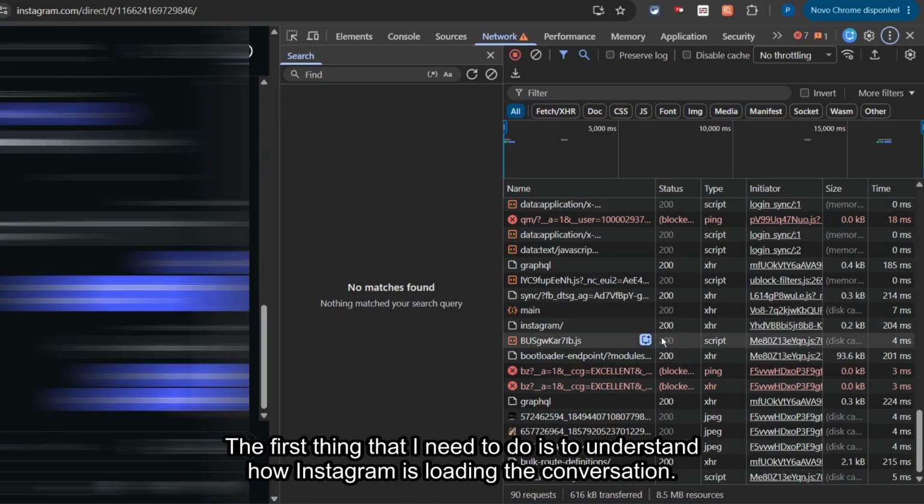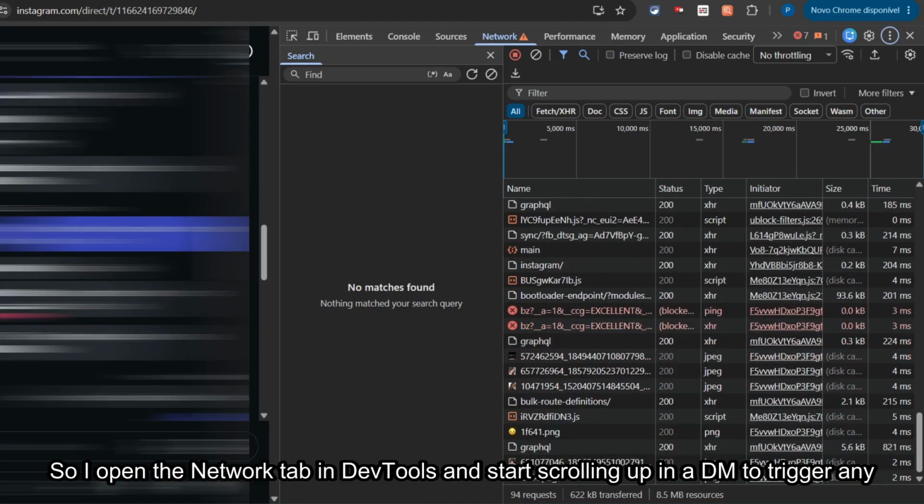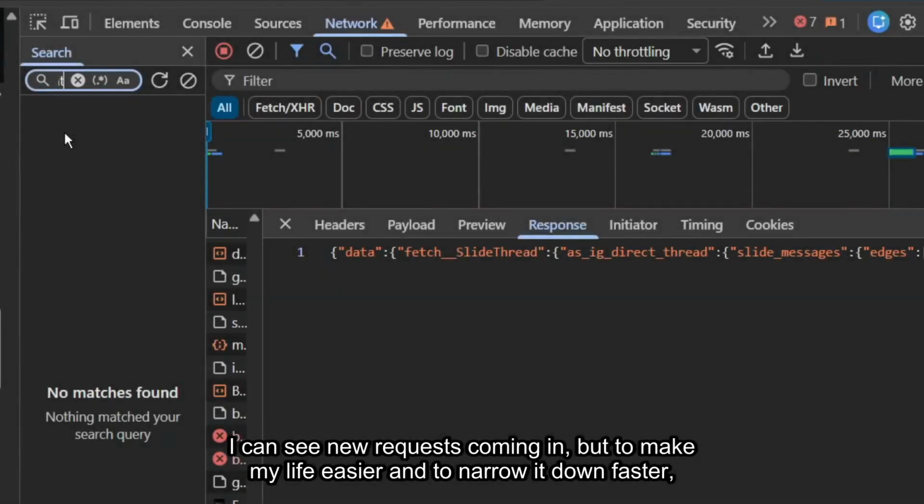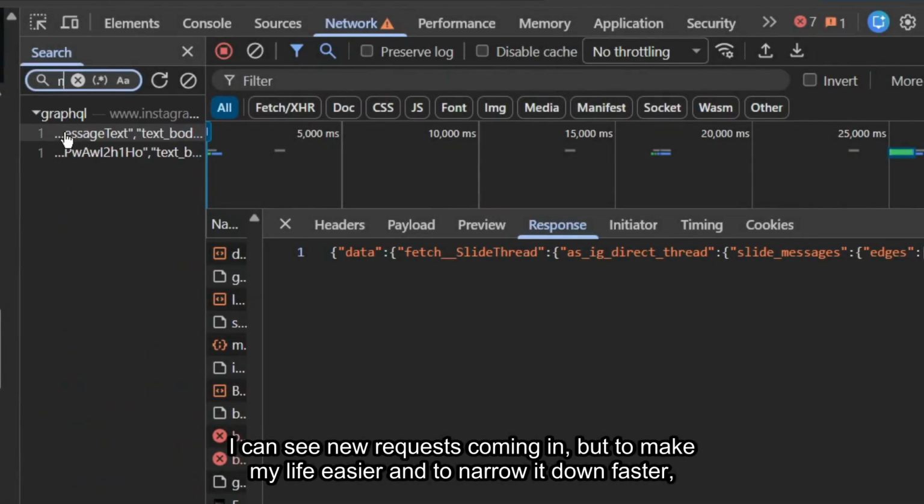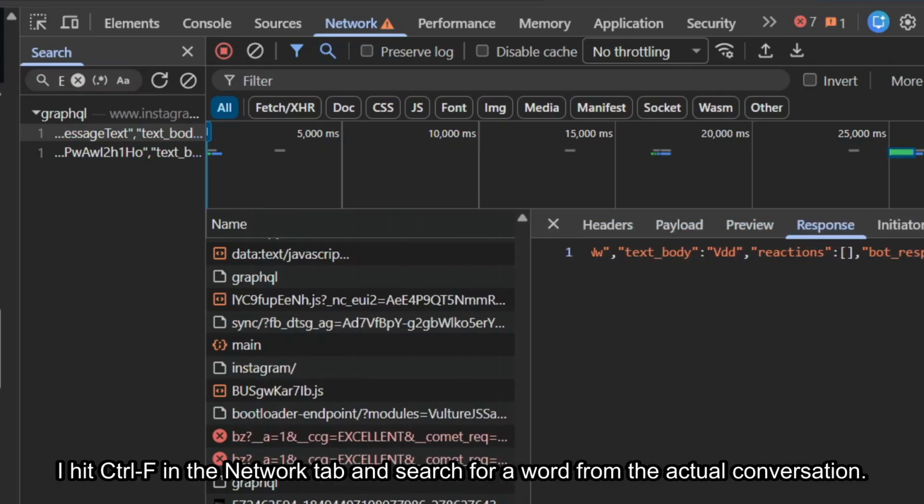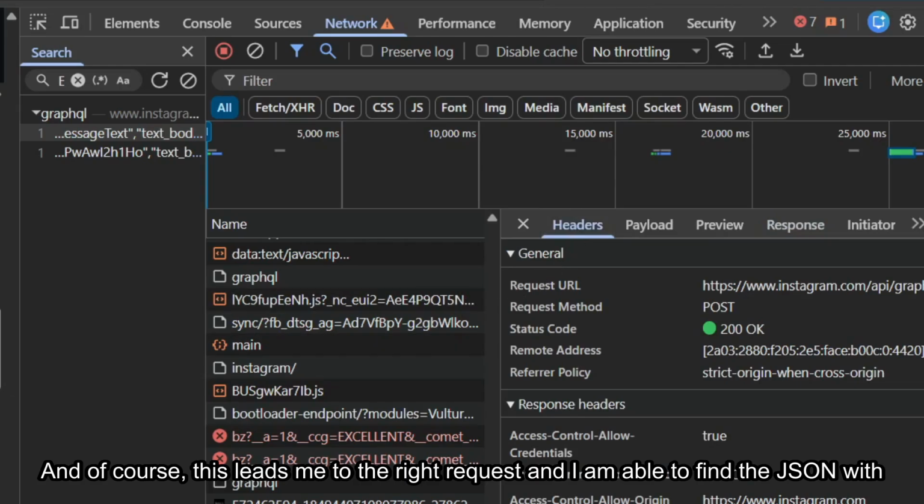The first thing that I need to do is to understand how Instagram is loading the conversation. So I open the network tab in DevTools and start scrolling up in a DM to trigger any API calls it's making. I can see new requests coming in, but to make my life easier and to narrow it down faster, I hit Ctrl+F in the network tab and search for a word from the actual conversation. And of course, this leads me to the right request, and I am able to find the JSON with that